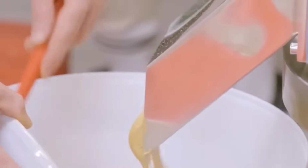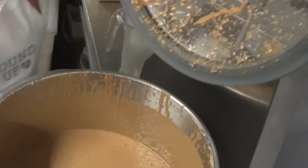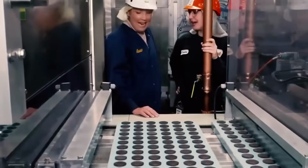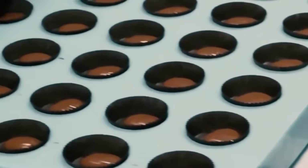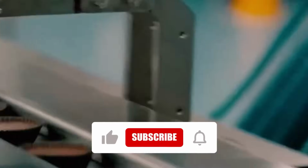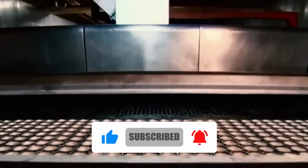In these tests, products are stored at elevated temperatures and humidity for a condensed time frame to simulate long-term storage. The samples are then analyzed for fat migration, filling breakdown, wrapper integrity, and flavor degradation. Only those variants that meet Reese's strict internal benchmarks for shelf life, texture stability, and visual appearance are approved for